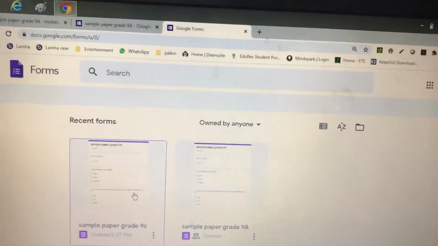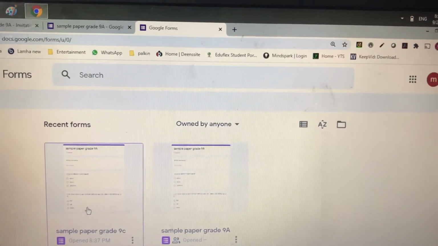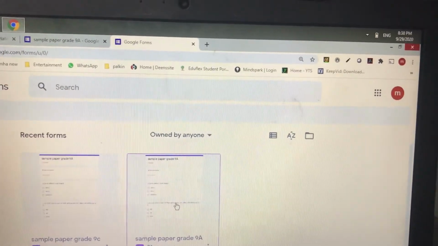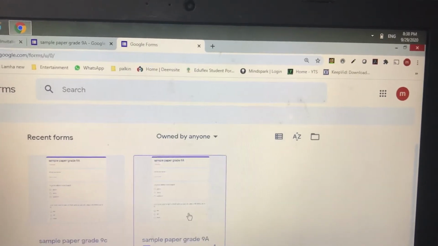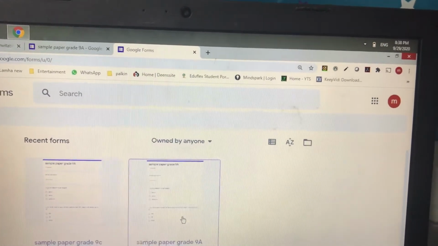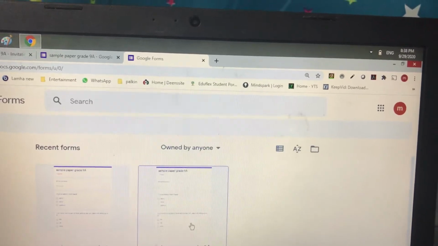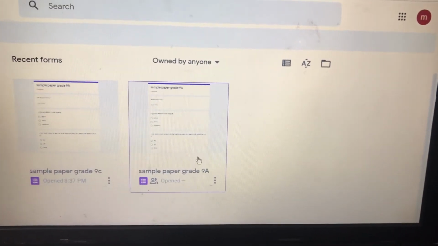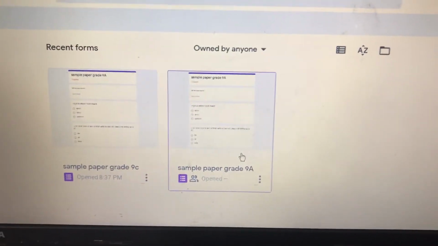Once he has already copied, if you want, you can remove his access from 9A, so that the answer key, when kids are submitting, is only visible to the first teacher and not to the second teacher. Right now both teachers have access to 9A, so obviously both can see what kids are submitting.